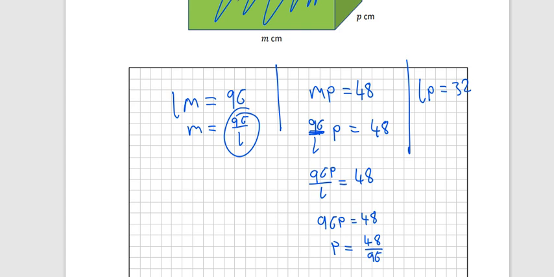This is a nasty enough question if you're not great with this algebra. So I know that P then is 48 over 96, and that's actually a half. 48 is half of 96. So we know we're on the right track when we get something like that. So a half is P, therefore I'm going to put the half in instead of the P in the last equation. So we get L multiplied by a half